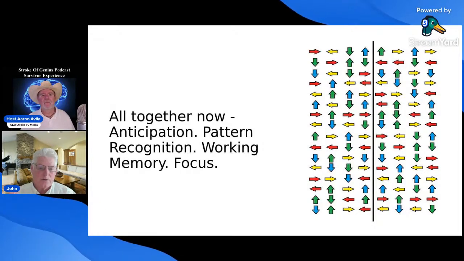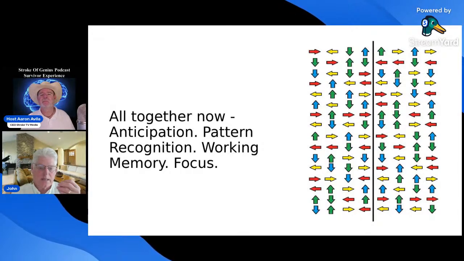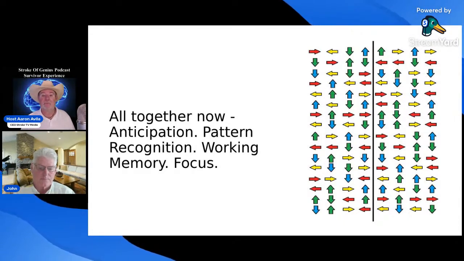Because color uses a different part of the brain than direction, for this, what I want you to do only on the left side is say 3 directions and a color. So right, left, down, blue would be the first row. Okay. So just go ahead and do that all the way down the left side, 3 directions and a color. I'm not going to time you for this. Just go at your nice pace. All right. Here we go.